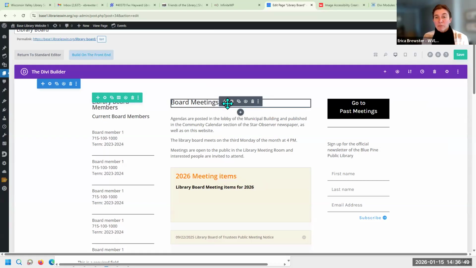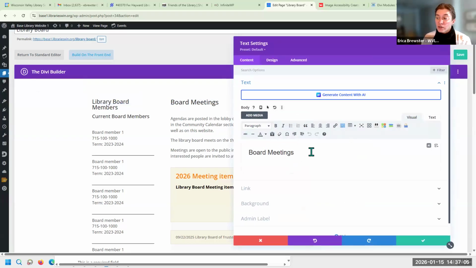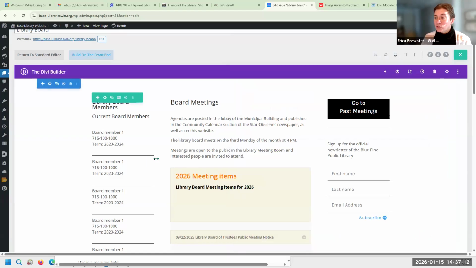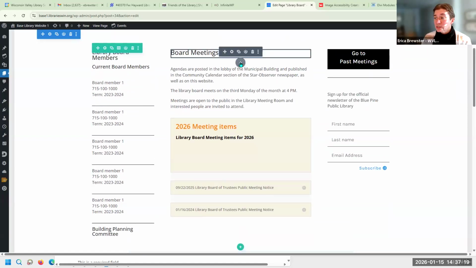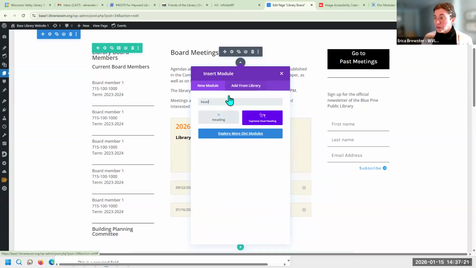So in Divi, the main point of that is to make sure that when you are designing, you are preparing for what order of information you want read out loud and what order you want that read in, and then selecting that design option. So again, you can do it in a text box simply by highlighting the text and selecting your heading level. Or if you are designing with a heading or with a header module,